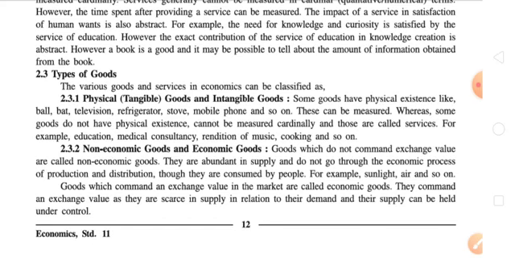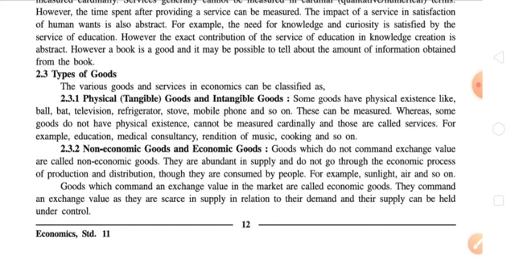Second one is their supply. Non-economic goods are abundant in supply. It means they are available in a larger quantity and there is no scarcity of goods, while the economic goods are very scarce in supply. It means it is very less in supply as per their demand. Third one, non-economic goods do not command any market value, while economic goods have their market value.